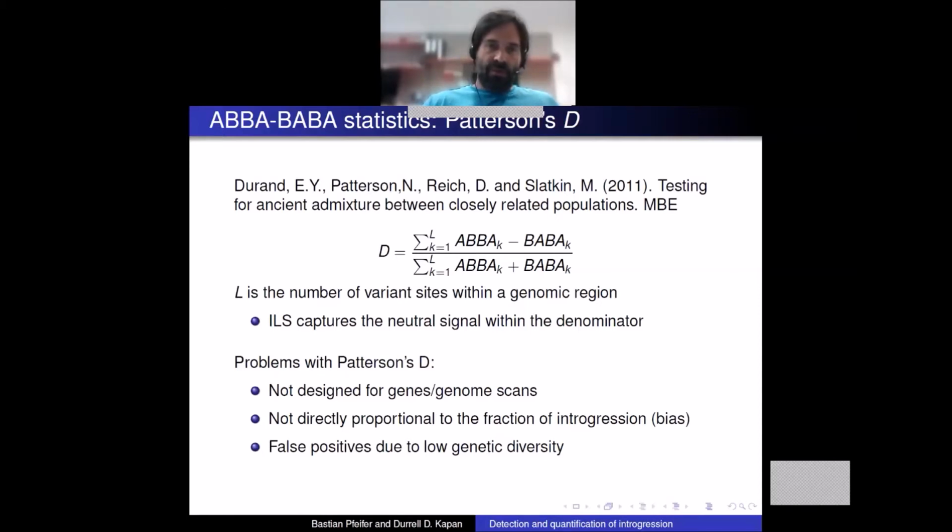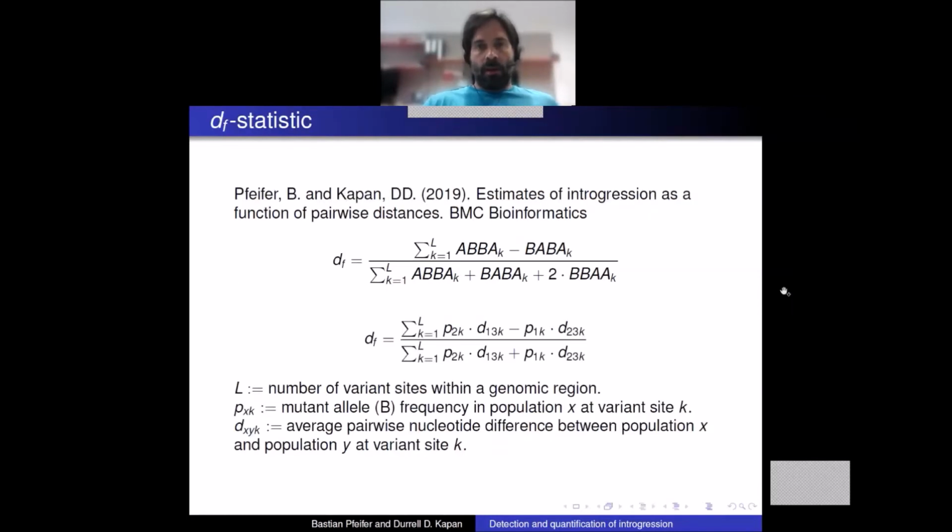And problems with Patterson's D are that it's not designed for smaller genomic windows. It's not directly proportional to the fraction of introgression. And there are a lot of false positives due to low genetic diversity, which suggests to also consider distances on a full taxon tree. This is basically what we did in 2019 with the publication Estimates of Introgression as a Function